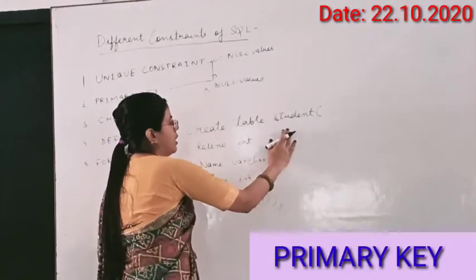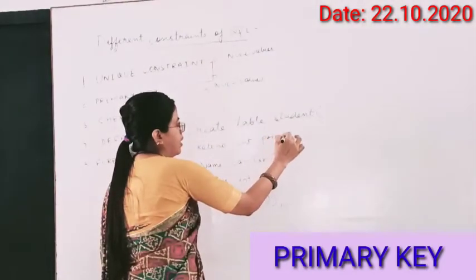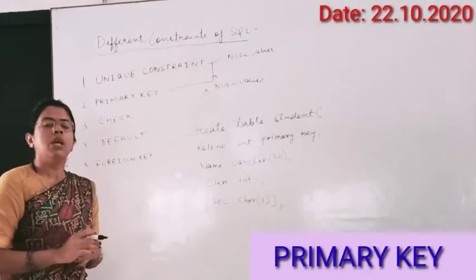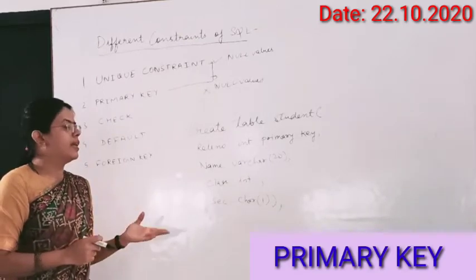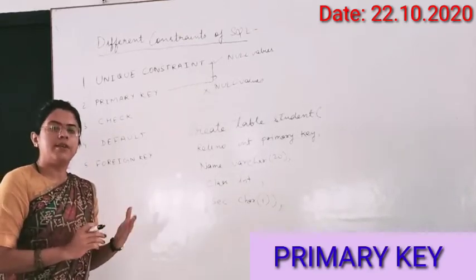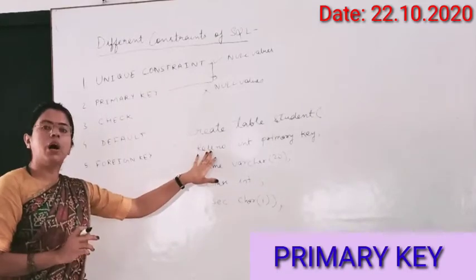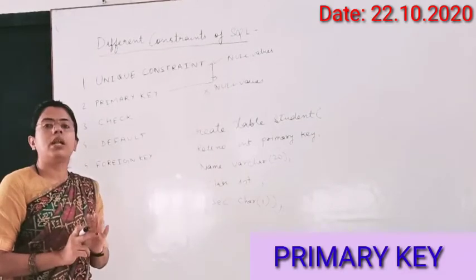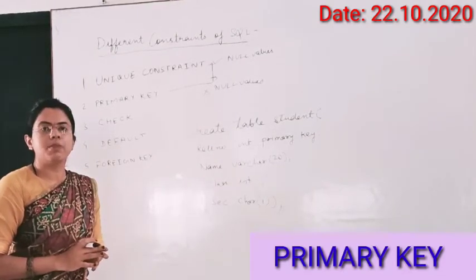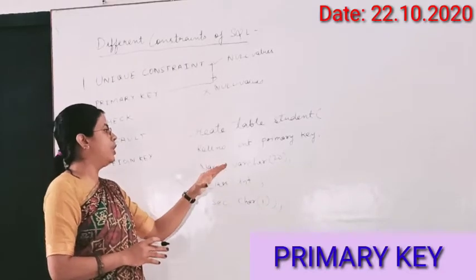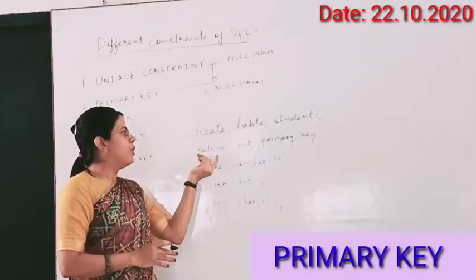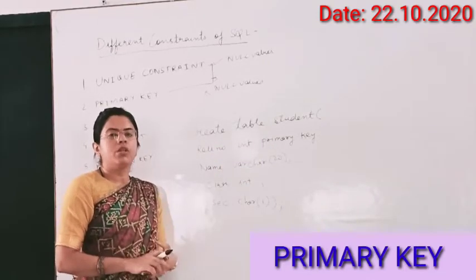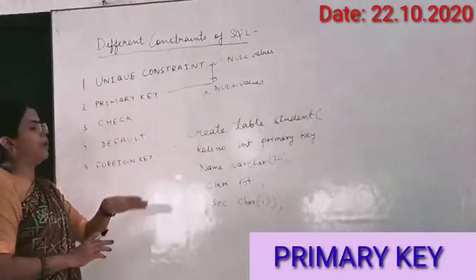mention here primary key. Nothing more than that you have to write. When you write primary key, whenever you try to insert information inside this, primary key doesn't let you repeat the value in the field roll number. However, you cannot leave it blank also. It should contain a value and it should not contain a null value, because primary key doesn't accept a null value. So this is a simple code for creating the table. You just have to mention the constraint name in front of the field after writing the data type. So this is the way we will write unique key and primary key.